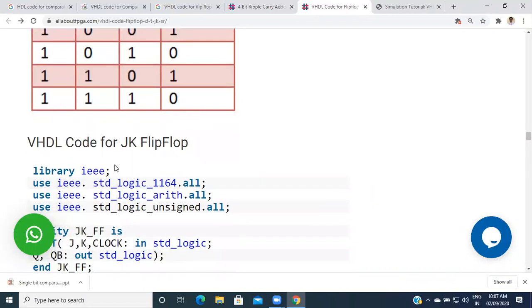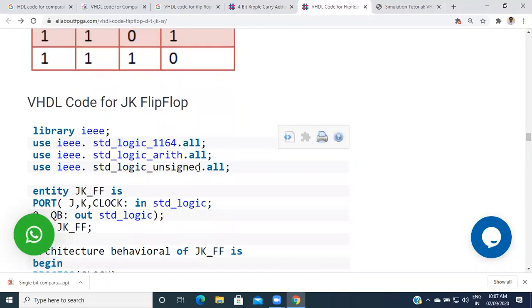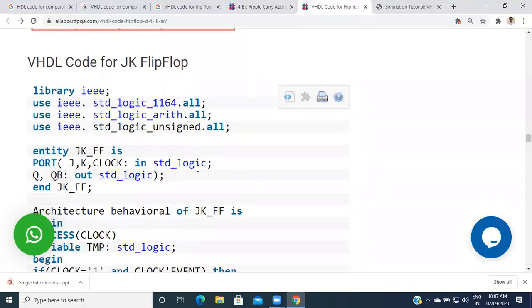So to write down the VHDL code for the JK flip-flop, firstly the declaration is the library declaration. In that library declaration, we are defining the IEEE library, then the numeric library, and unsigned. Unsigned is also important because here no negative sign is being defined.